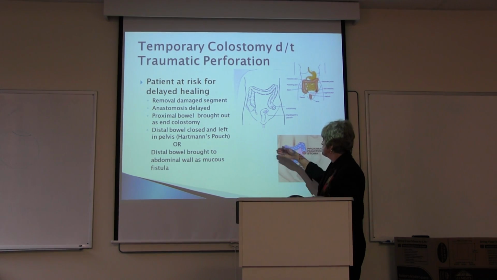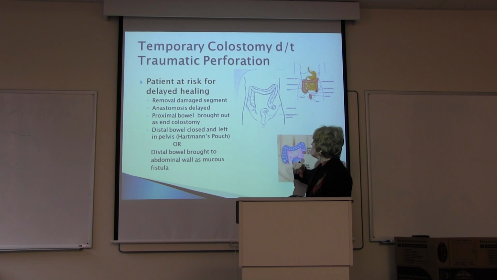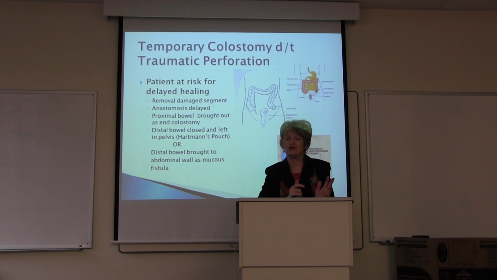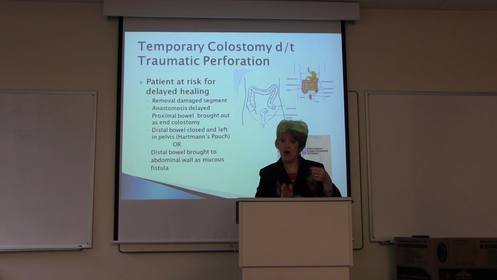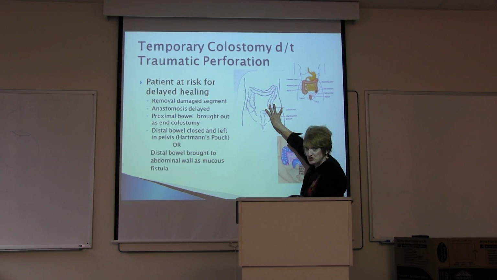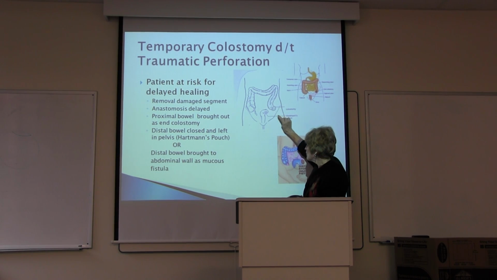Now, what are you going to do with the distal bowel in the meantime? Well, most commonly they do a Hartman's pouch. This actually was named after Dr. Henry Hartman, a British surgeon, and he was the first one to think, you know what, we could bring the proximal stoma to the abdominal wall. We could staple or suture that distal segment shut and just leave it in the pelvis or in the abdominal cavity. And then, once the patient's healthy, the infection's resolved, we're ready to do the reconnection, we can go back in,